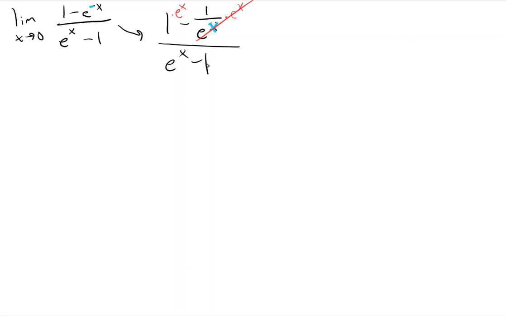But in order to do that, I need to multiply the top and the bottom both by e to the x. If I multiply the whole top, it's like I'm multiplying the top by e to the x and distributing. If I multiply the whole bottom by e to the x, then I'm really multiplying by e to the x over e to the x, so I'm really just multiplying by 1. So that's why it doesn't change the size, and that's going to be allowed. So if I was to do this,